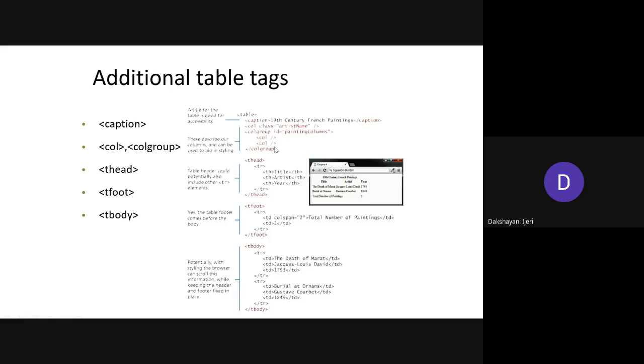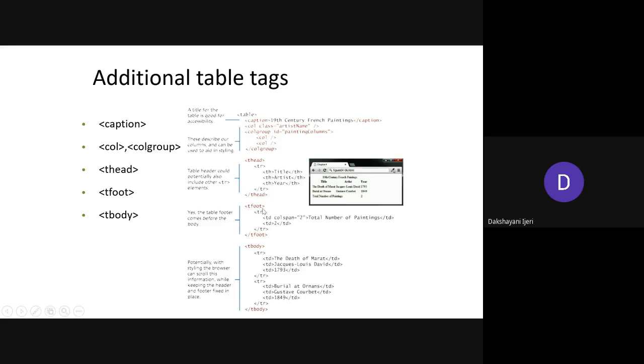Okay, so the thead, as I told you, so you can see the thead has been taken under which you have the element tr. So within the thead you need to again start with the tr to tell which row needs to be taken at the top, that is, which row needs to be considered as the first row, and the row which you are going to take under tfoot is going to be considered the last row here. Okay, so you can see in this example one tr has been used to tell that this row has to be considered as the first row, which has the headings title, artist and year.